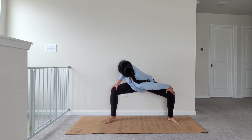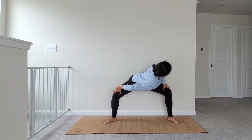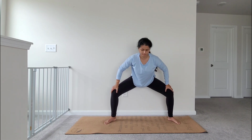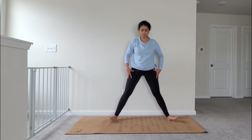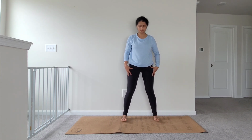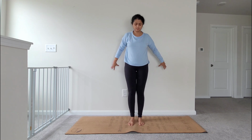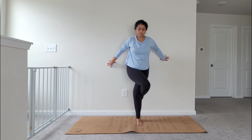You can add some right and left twist. Hold the goddess pose for really long and back to center. Now reduce the stance a bit, relax for some time. And now fold the right foot